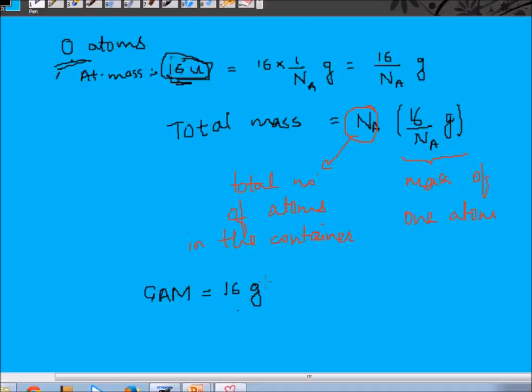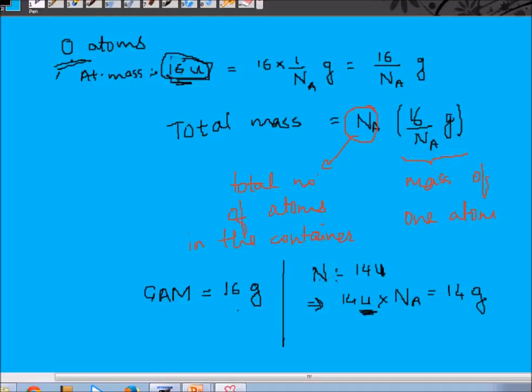So if you will make this calculation for any other element, let's say we make the calculations for nitrogen, what we'll get, that one atom of nitrogen weighs 14U. Alright, so 1 mole atoms of nitrogen will weigh 14U into Na. Alright, that is 1 gram atoms of nitrogen, and 1U is again what, 1 by Na gram. So again I will get 14 gram. Okay, Na will get cancelled. 1U can be written as 1 by Na gram. So 14U into Na will be 14 gram.